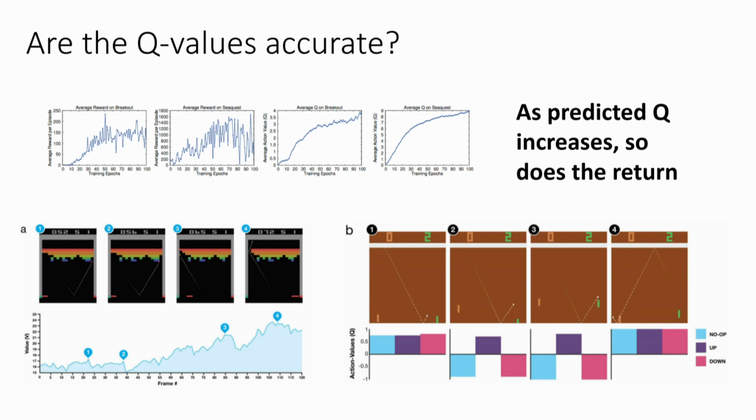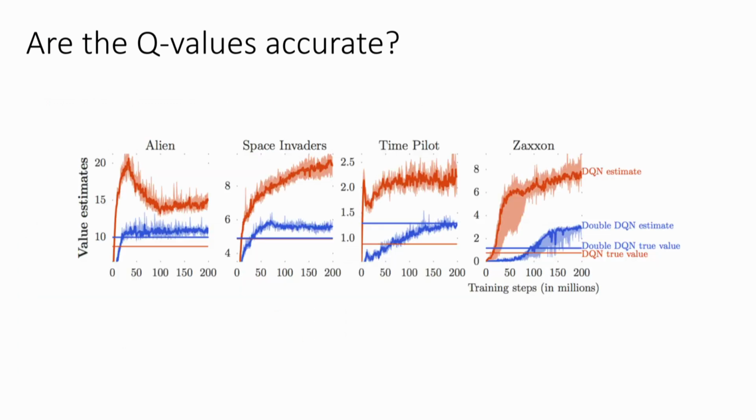And then over here, it hit the ball back, and it's about to score a point on the opponent. And here the Q values are all good because it says, it doesn't matter what you do. You're about to score a goal anyway. Just let it go. So that all seems reasonable. But are they actually numerically accurate?